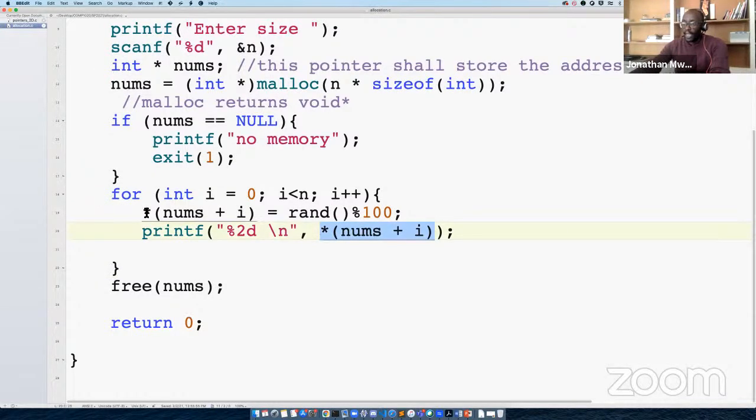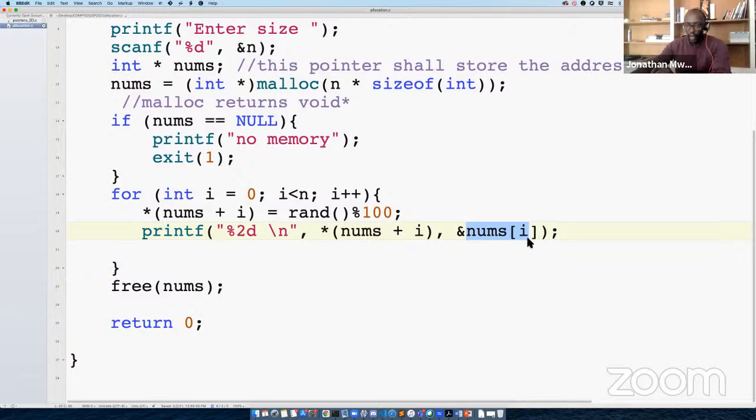Again, we are sending items using the idea of pointers, and we are able to print them out like this. Now, if we wanted to print out the address of each specific item, remember in the past, we could do this. We could say address of nums at the ith index. This is how we would print out the address of each single item in the array, right?